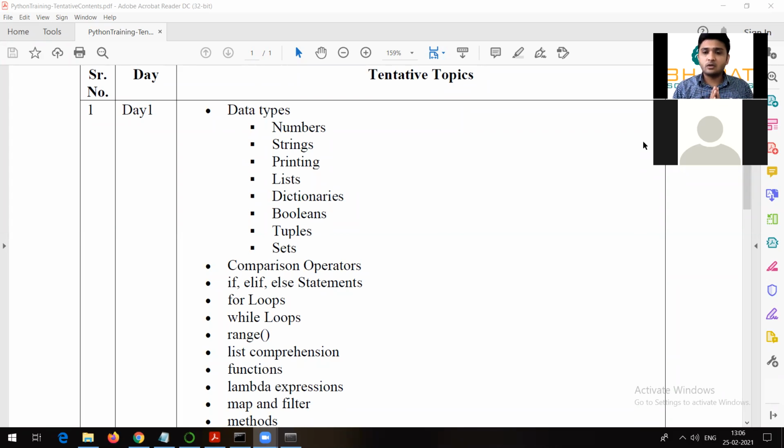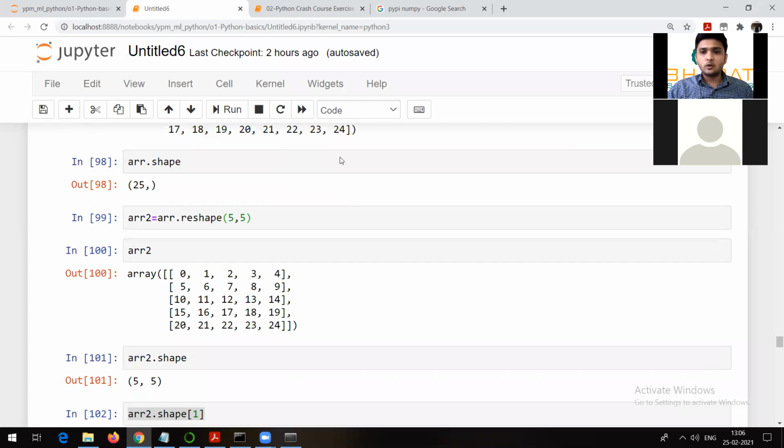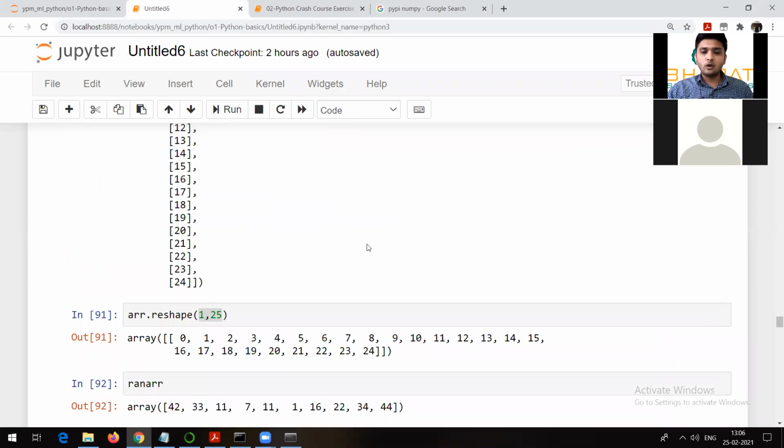Even if you attend the sessions, practicing is very important. Whatever I have explained today, I will be sharing this particular IPY file, and I hope everyone knows how to open an IPY file. And I will be sharing the code which I will be discussing tomorrow also.